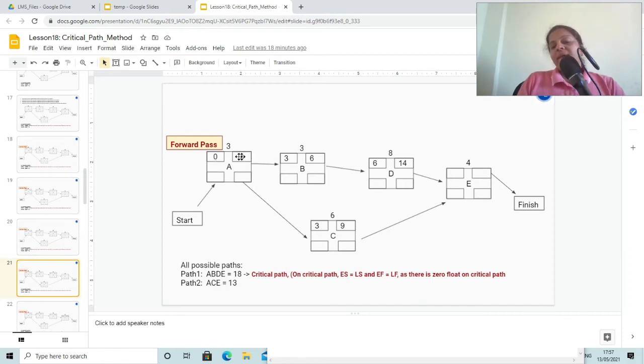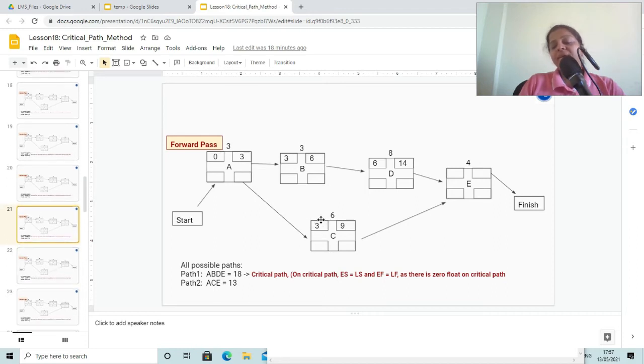So A, if it is finishing on 3rd day, then you may start C on 3rd day, and the earliest you can finish it is on 9th day, because the duration of activity C is 6.